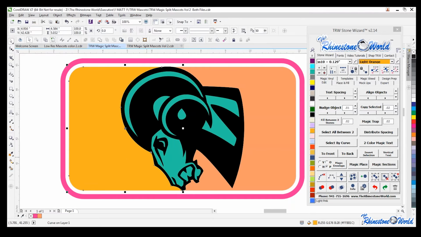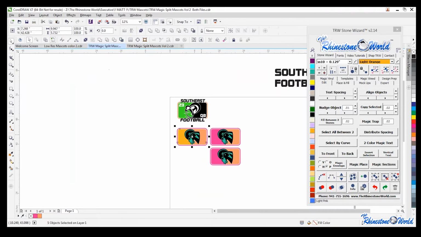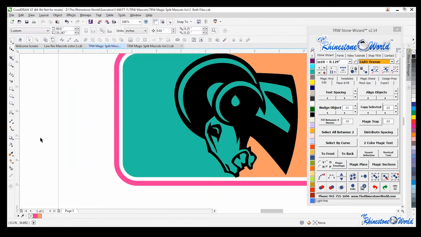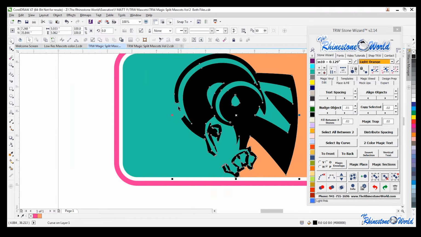So for example, watch. We had that one right there, and just so everybody can see an example of it, if I grabbed my eraser tool and I clicked on my ram and I opened up, he just lost part of his nose and he just lost a little part there. See how there's open areas right there? So watch. Now when I fill it, boom, it fills in all of that area. Okay? When it was closed off,